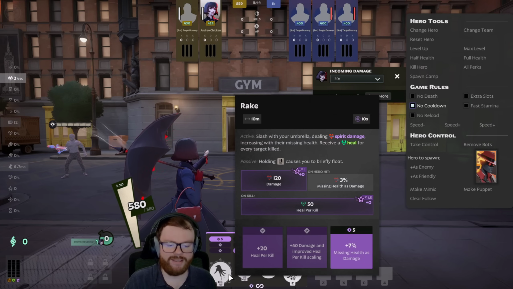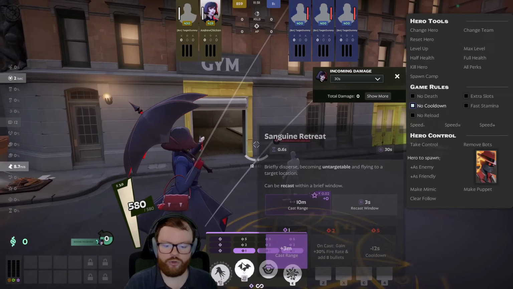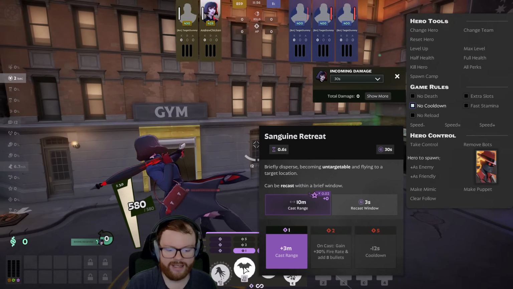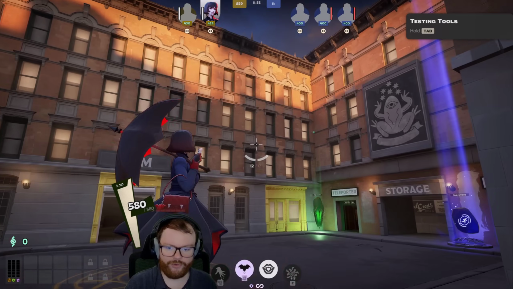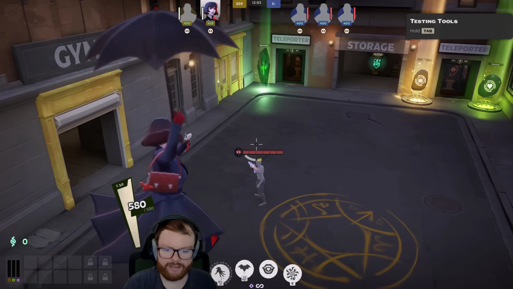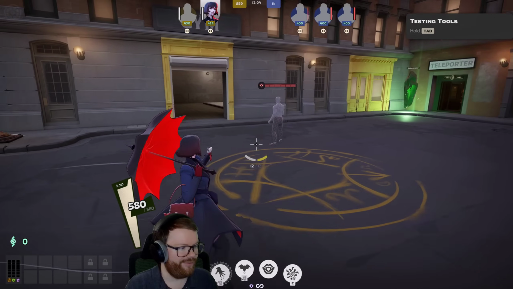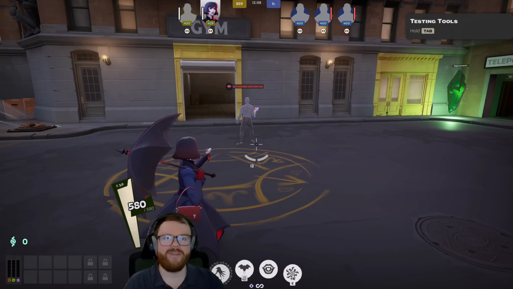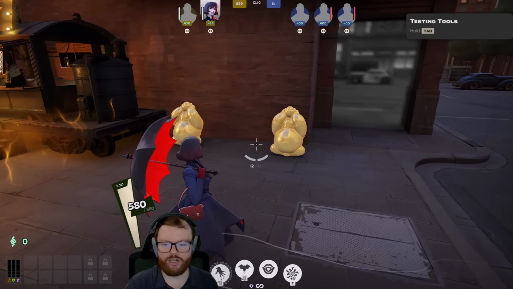And on top of that, the tier 3 has 1% extra missing health as damage now. Sanguine Retreat's cooldown has also been nerfed from 27 seconds to 30 seconds. This had a ludicrous cooldown buff recently, and so they're taking that back just a little bit, which honestly is completely fair enough. And finally, the change we've all been waiting for, Nox Nostra now has 50% damage reduction against